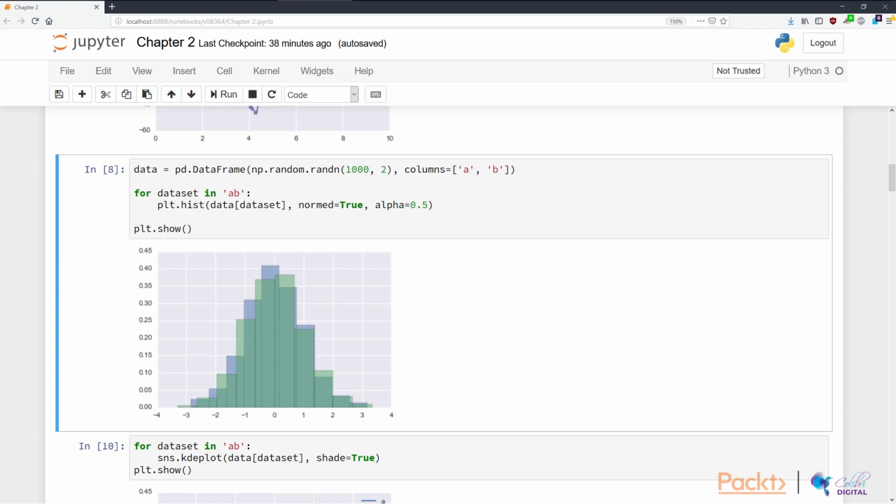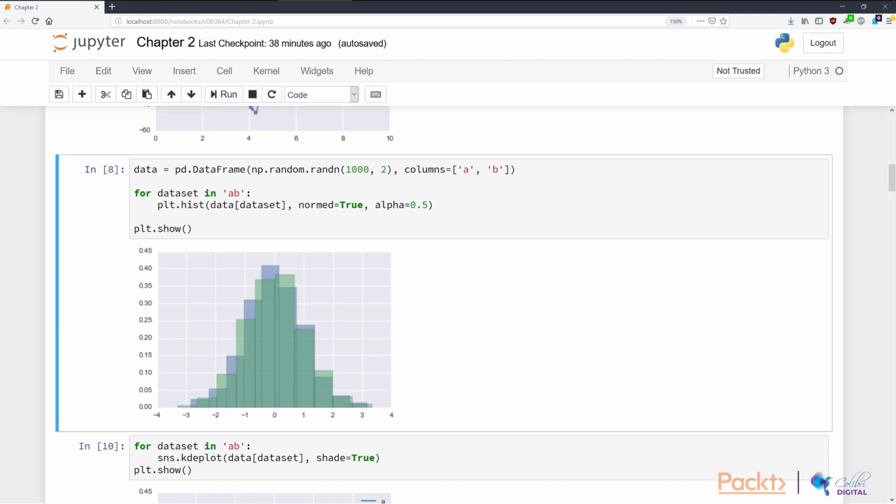We want to normalize this data, which is why we put normed equals true. And because we want each graph to overlap but still show up in the graph, we set the alpha or the transparency to 50% by setting the number at half. One more call to plt.show later, we can see a very perfectly normally distributed dataset showing up